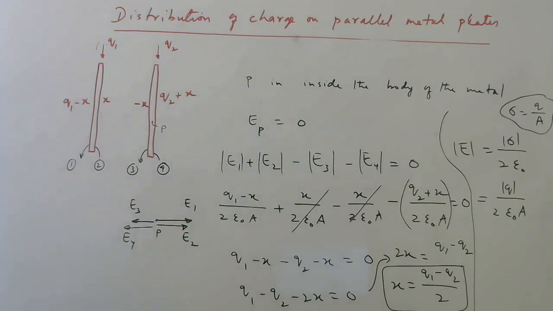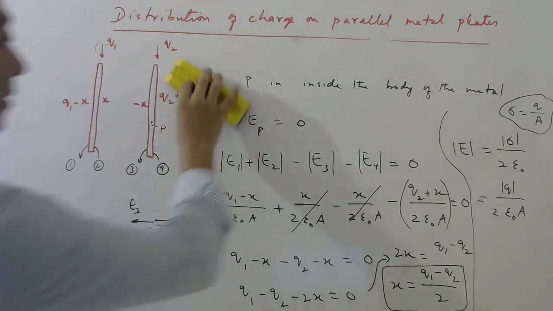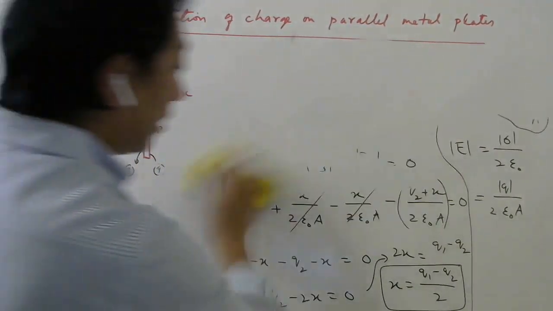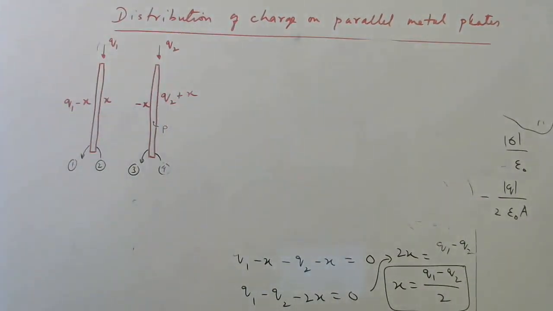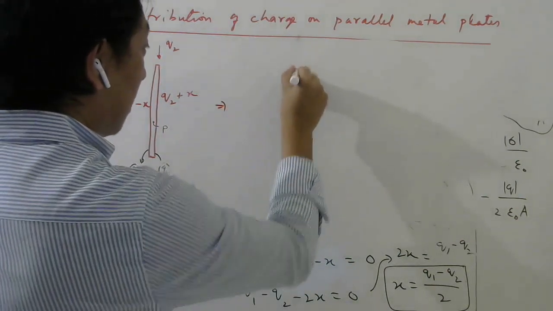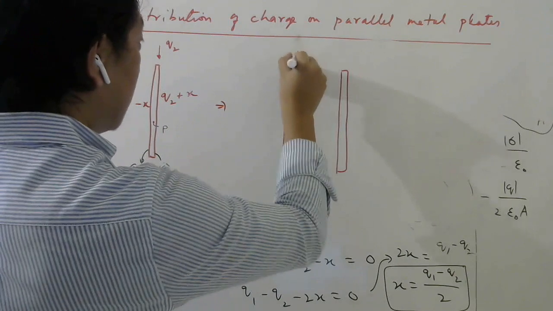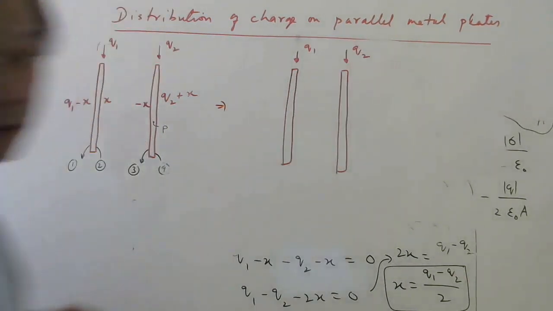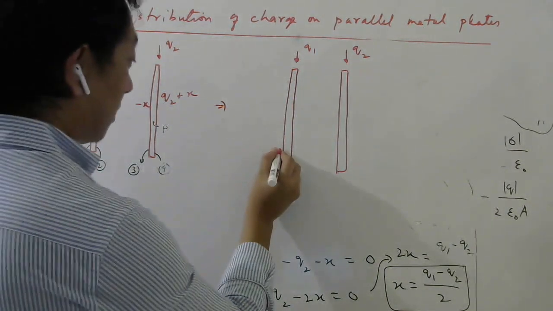So now can you tell me what will be the answer? So let us rub this part. First you make a note, okay? At the end, I will tell you how to remember the result, because for entrance exams we need to know the result, right? So finally what I have come to know is, if I have two plates whom I have given charges Q1, Q2, then what will be the distribution of the charge? What will be the charge here?